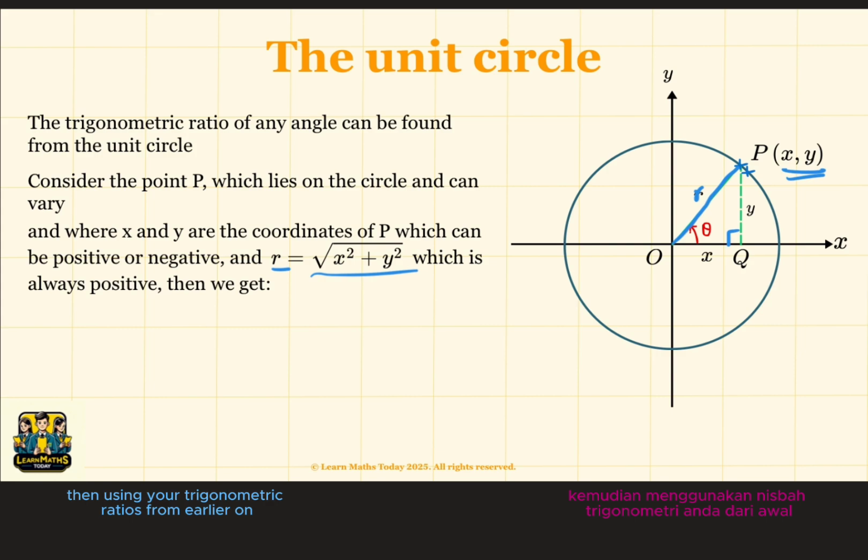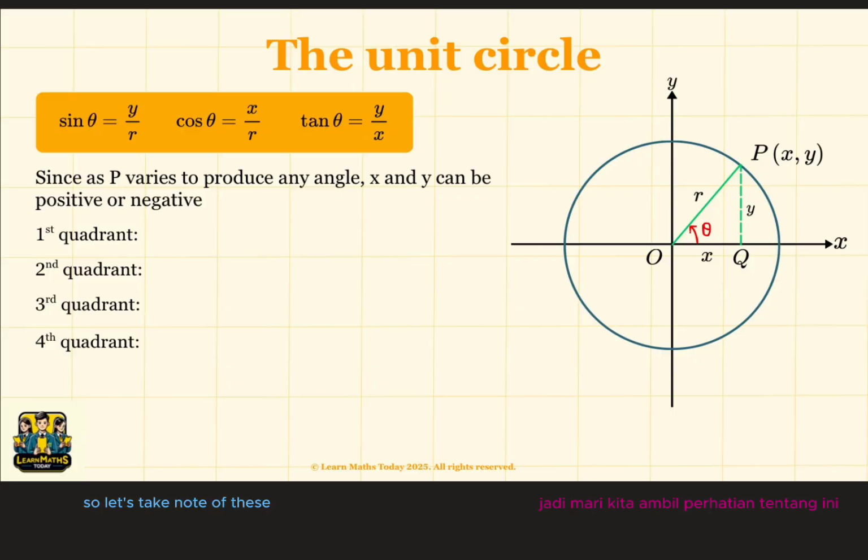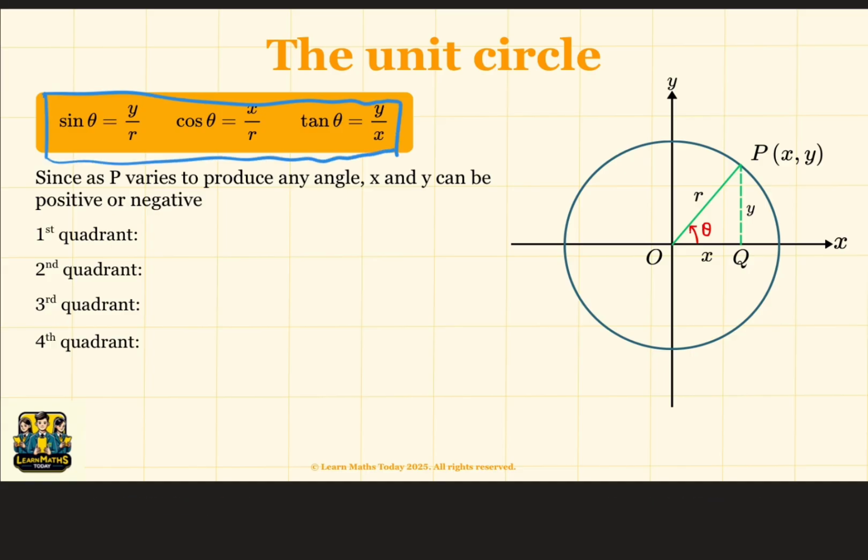Then using your trigonometric ratios from earlier on, you should get sine theta is y over r, because sine is opposite over hypotenuse. Then cosine is adjacent over hypotenuse, so it's x over r, and tangent is opposite over adjacent, so it's y over x. So let's take note of these few trigonometric ratios. Because point P can vary to produce the angle that is desired, x and y as a result can be positive or negative,